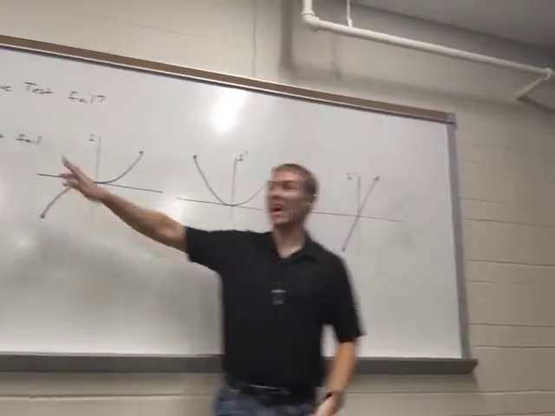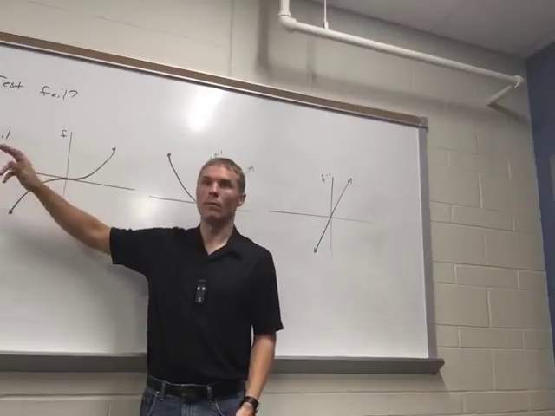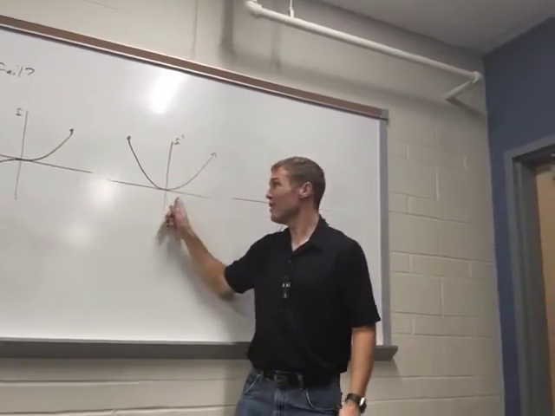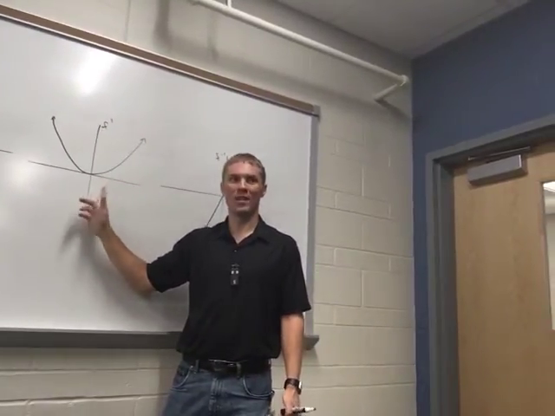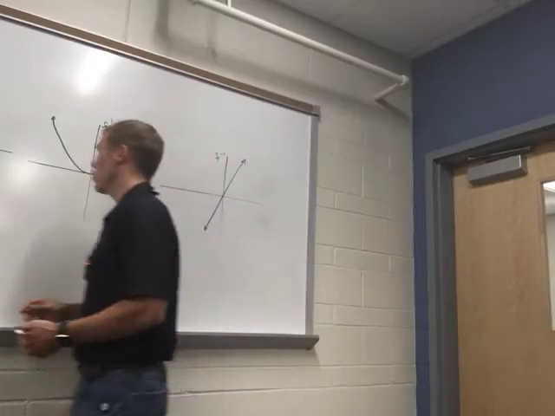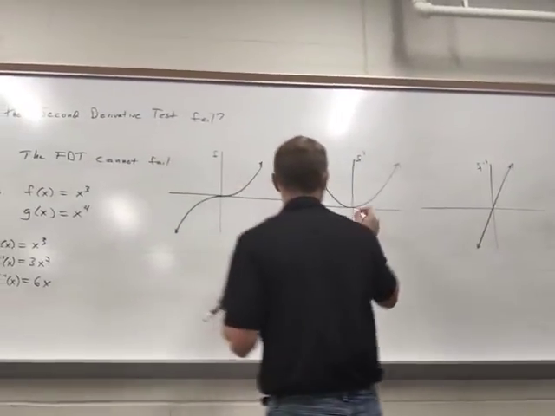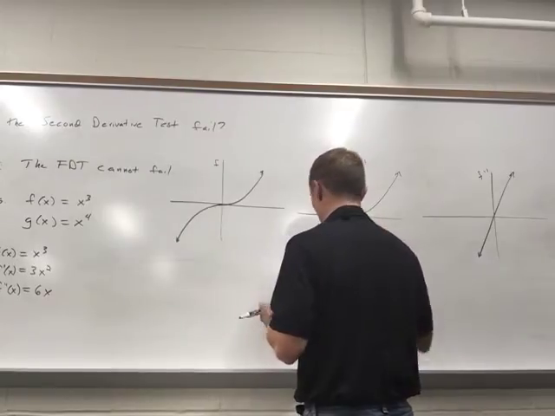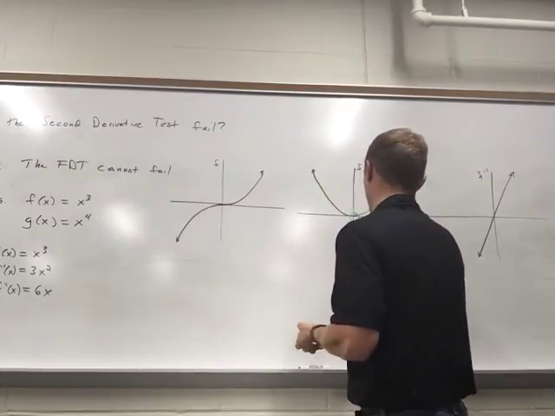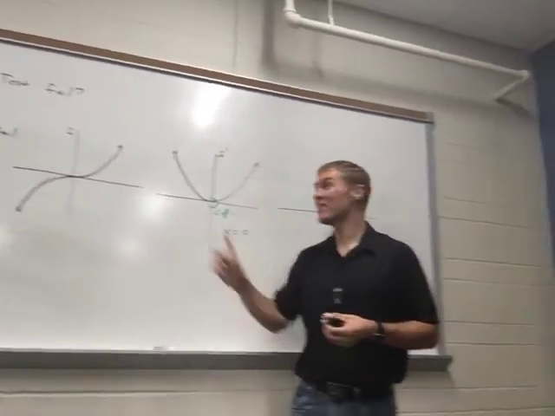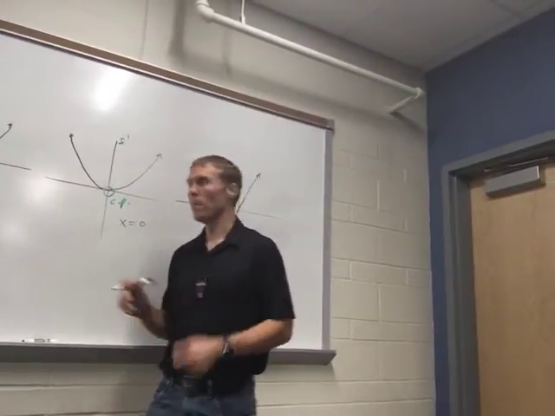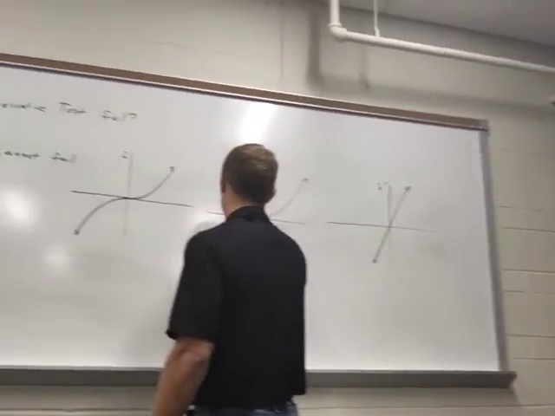So again, I come back to this comment here. First derivative test cannot fail. The critical point is where this function either hits 0 or doesn't exist. The critical point, therefore, is right here, at x equals 0. But if you notice, a little bit to the left of 0, f prime of x